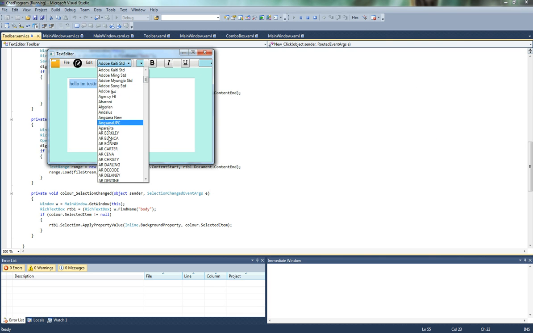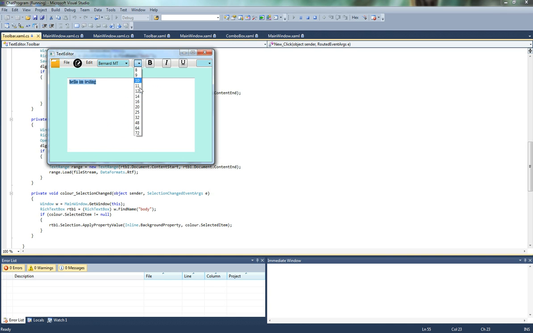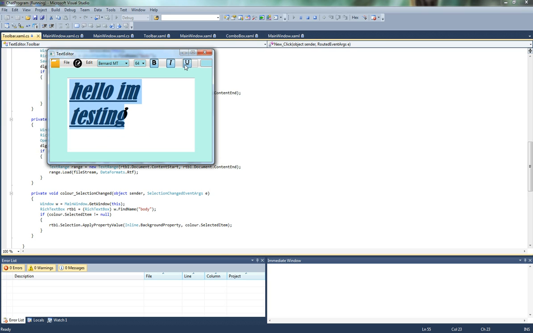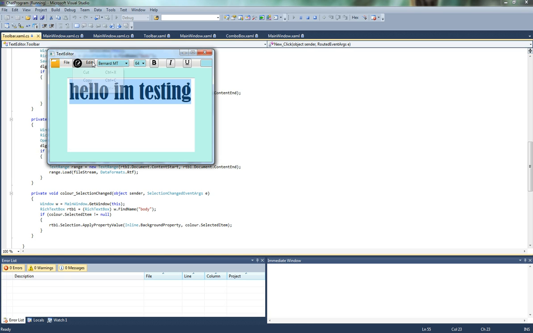Okay, so I choose any and it changes accordingly, so that's working correctly. The font size works as well, bold as well, italic as well, and underline as well. And I can cut and also paste. This is the font background color which I can choose from,